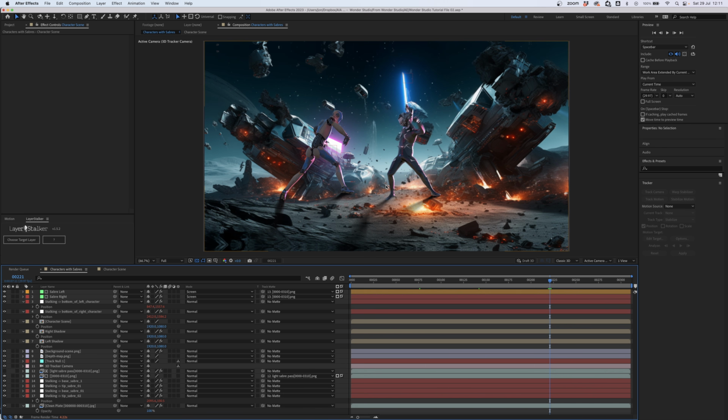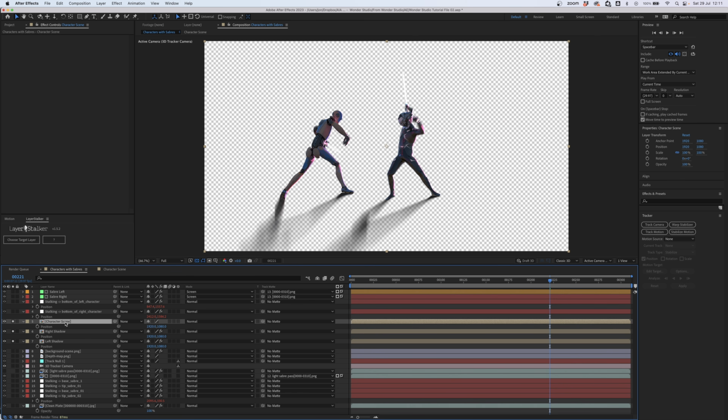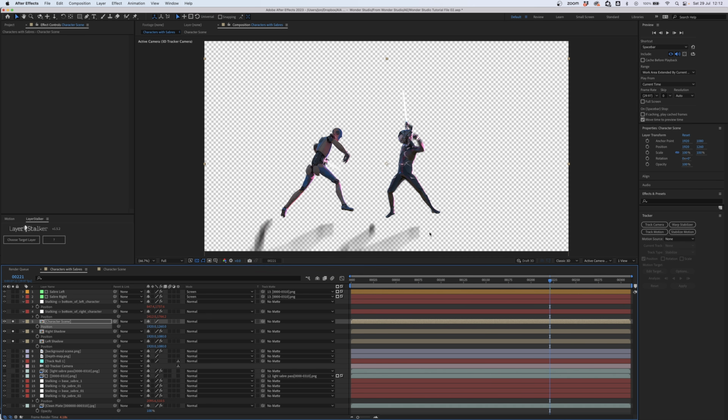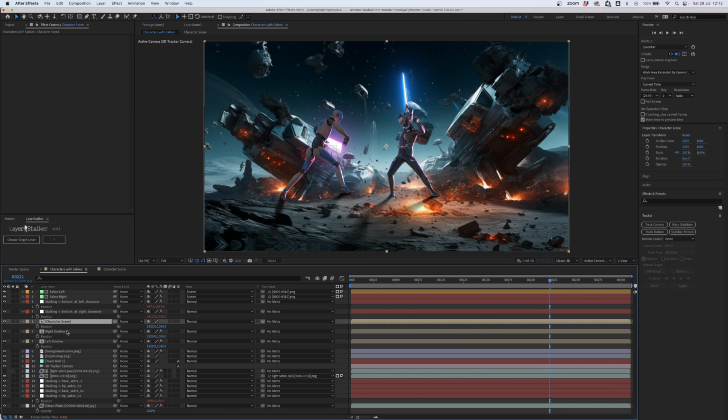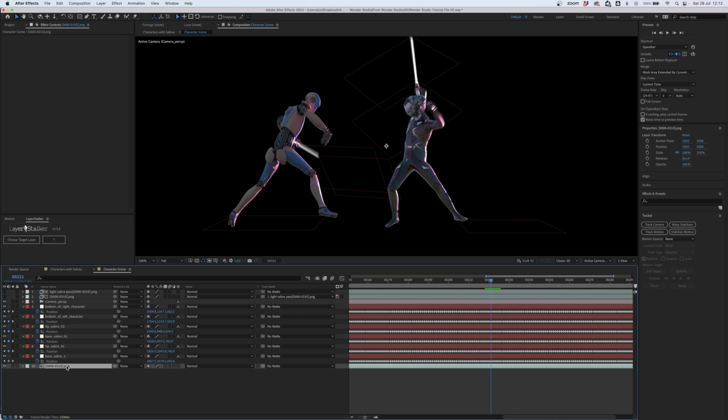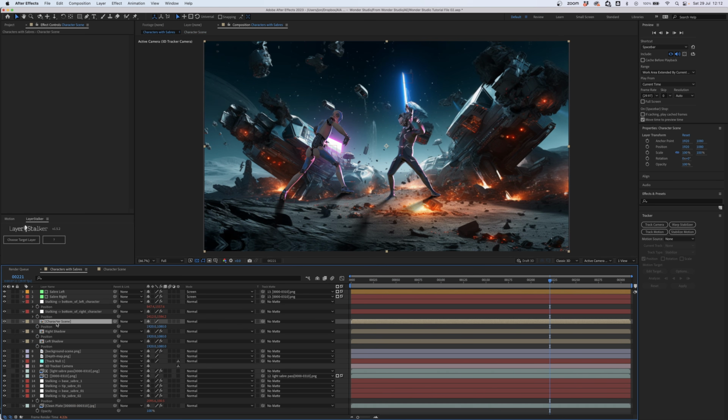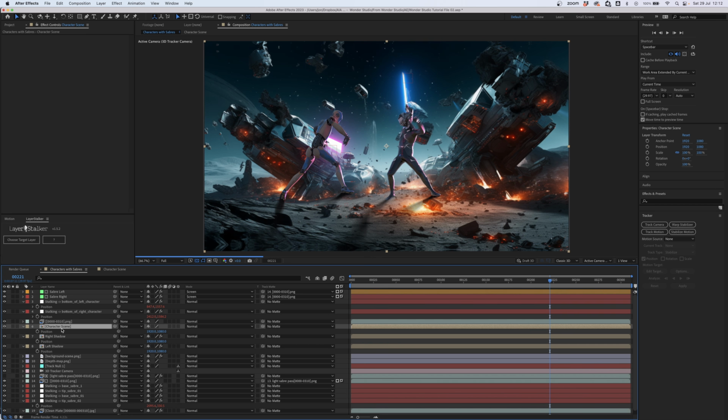Now we still have the issue where the characters are a bit too high up for the scene based on our artwork, and we want to bump them down. And unfortunately, we can't just grab hold of the character scene, and I'll show you why if we solo these. So with the character scene selected, if we bump that layer down by itself, the shadows get quite confused and become disconnected from the references because they're referencing nulls within that scene. So the way around this is to go into our character scene, copy out our characters, jump back into our main comp, paste our characters, and then we're going to hide this character scene layer, give this one a new name.